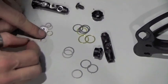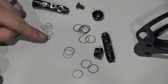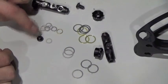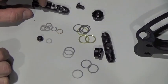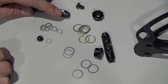The brass shim looks like it's 20 thousandths, and the silver shims look like they're still 5 thousandths. So these are very small. This would be a very big adjustment. It does come from the factory with some shims underneath both sides. I would go ahead and remove those and run 0 shims if you don't need them. That will make adjustments much easier, and you know when you add one to one side it's going to be